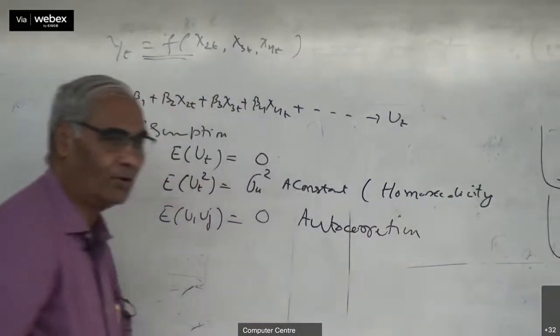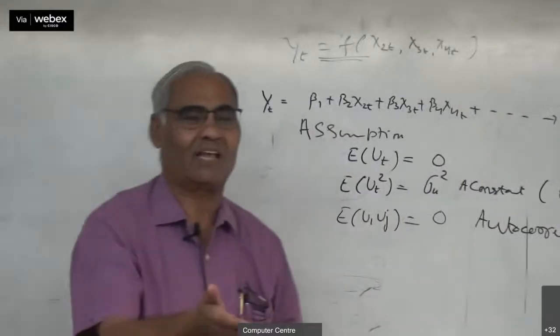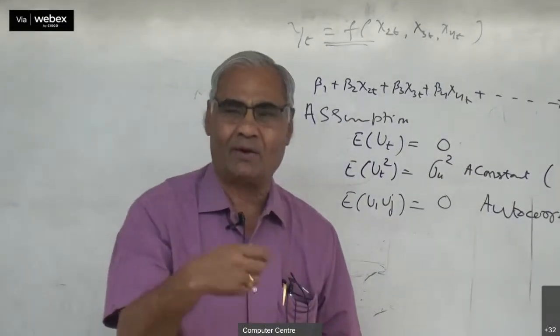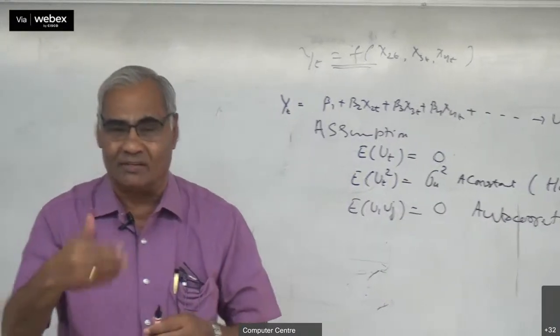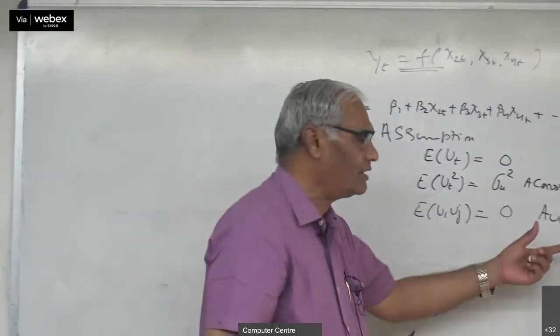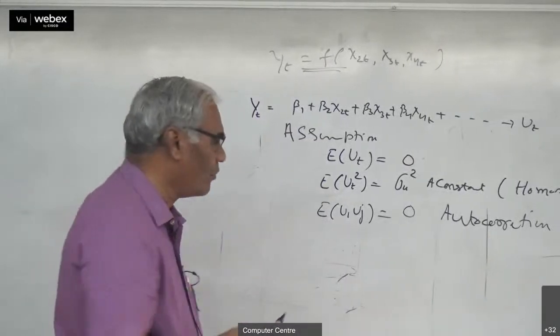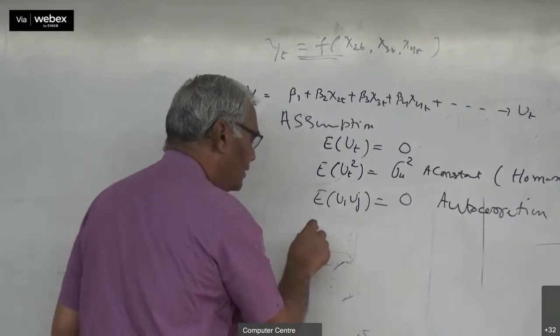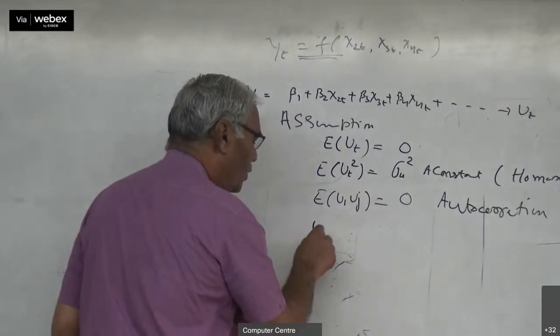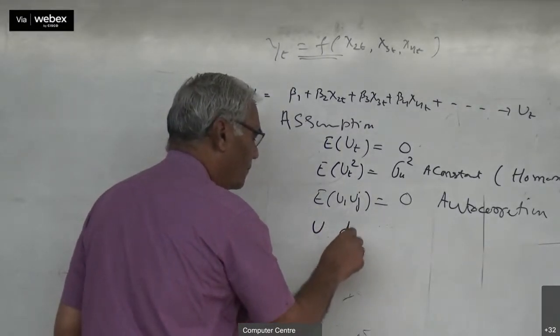Autocorrelation. Why autocorrelation? Correlation within the same variable. Ui and uj, both are the error term. So we are looking at the correlation within the same variable, and that's why it is known as autocorrelation. Fourth assumption is that the distribution of U is